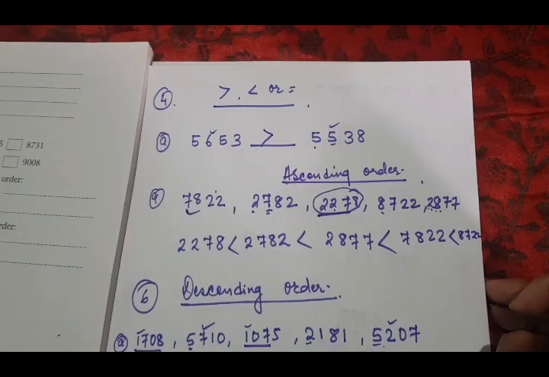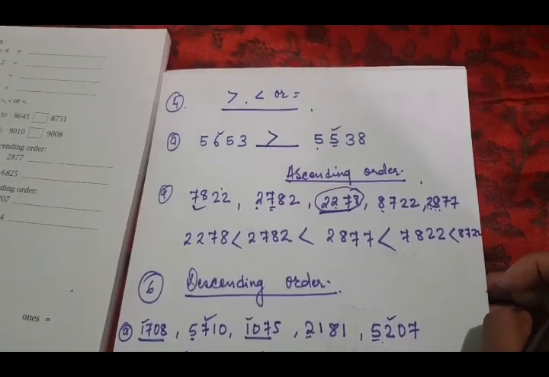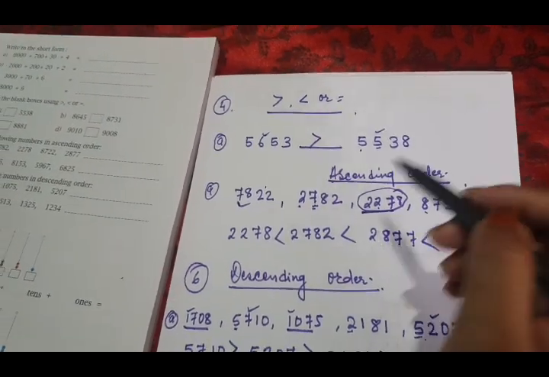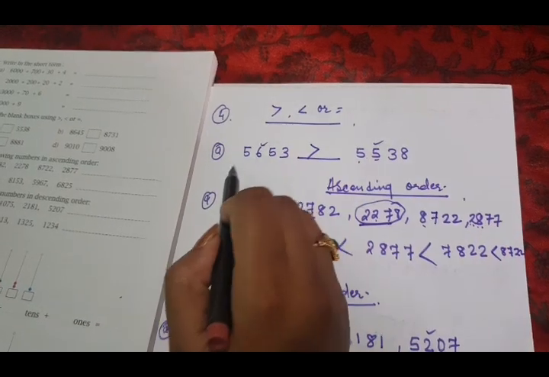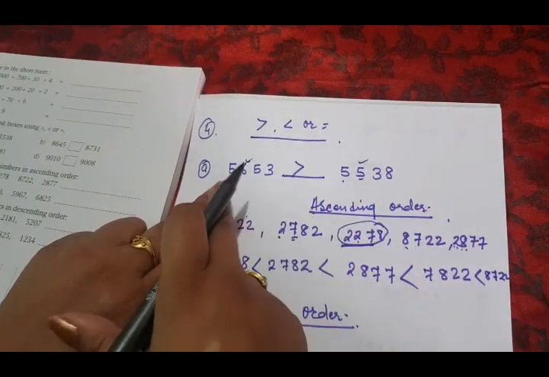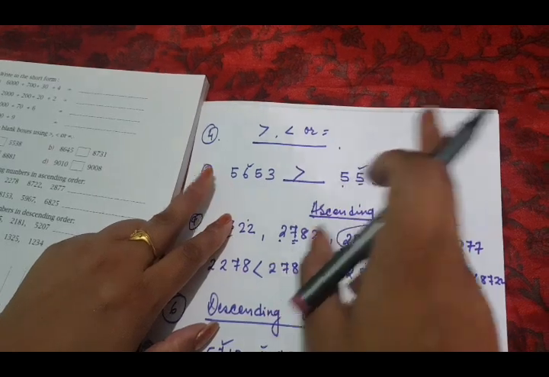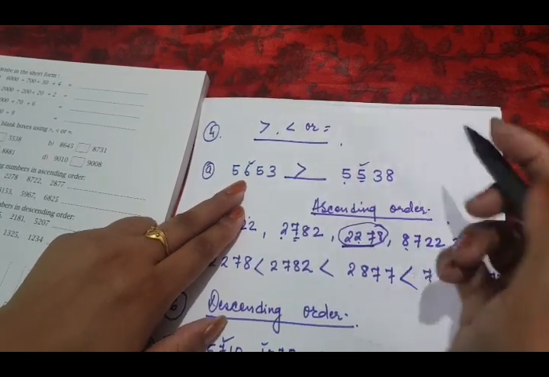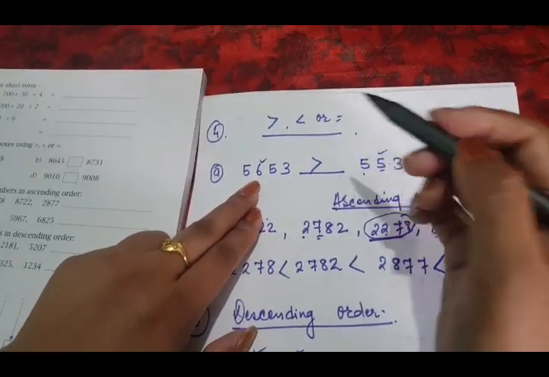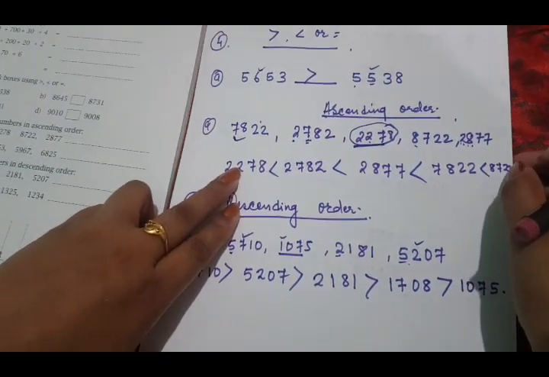Okay, question number 4, using smaller than, greater than or equal to signs. You can see the two groups of numbers. Now how do we find out what type of sign we have to put? You have to see the numbers. In the first digit you can see both the numbers are the same, like 5 and 5, which means it is equal. Now let us go to the next digit. 6 and 5 means 6 is bigger than 5. So always the opening part faces towards the bigger number. Keep that in your mind.